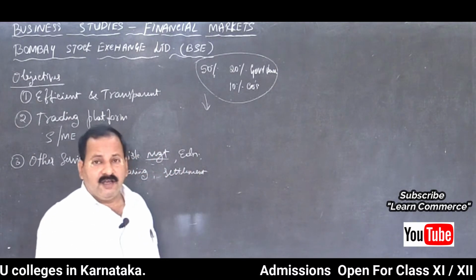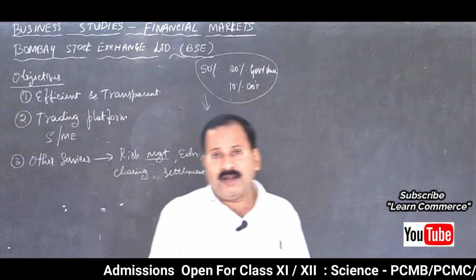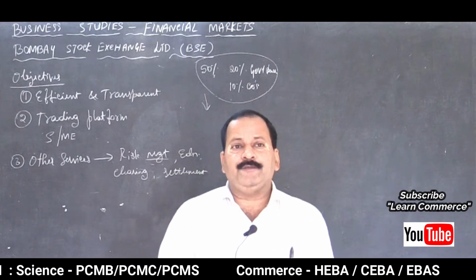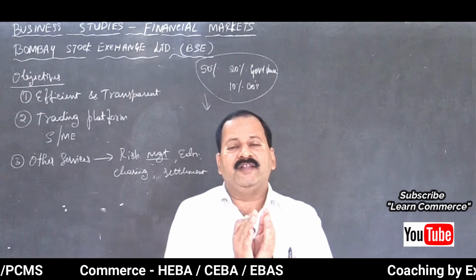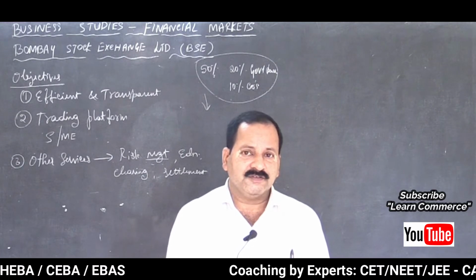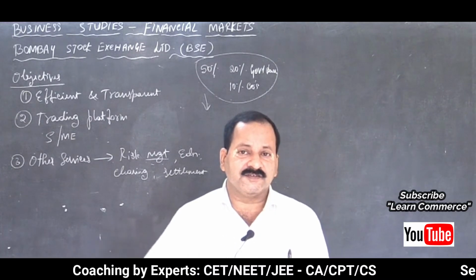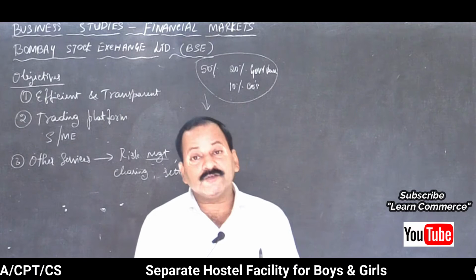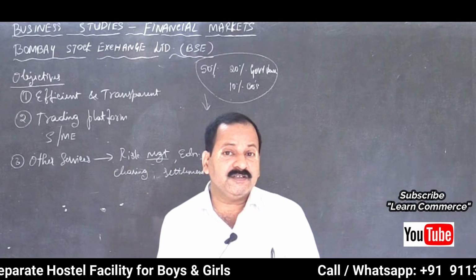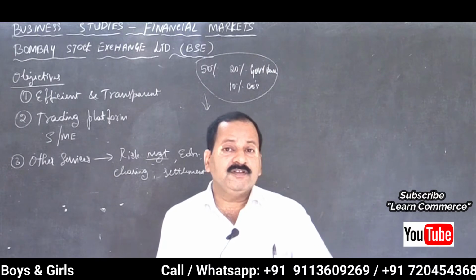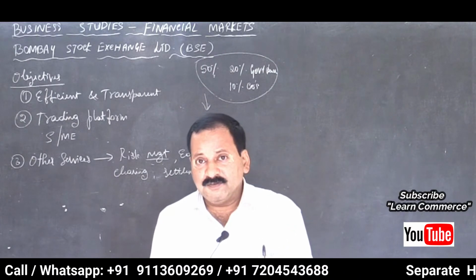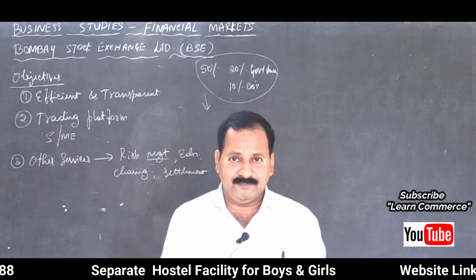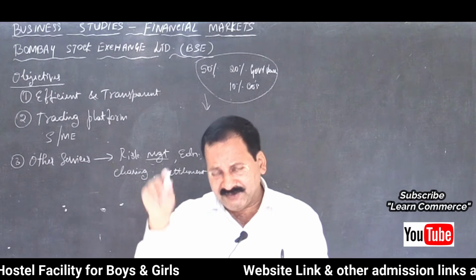Like students, if they put 100% of their efforts only in one subject, maybe accountancy is very easy for them, they will read only accountancy, isn't it? What happens? The other subjects, economics, business studies, or maybe English, sometimes for Kannada medium students, may become very hard, they may not score well, ultimately the percentage will come down. If the student appears for only one exam, what happens? The student knows accountancy is very easy for me, I will appear only for accountancy, what will happen? Fail. Other subjects not attended, absent, and ultimately fail.